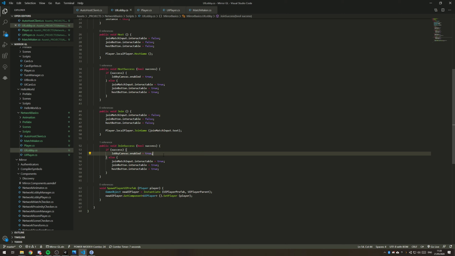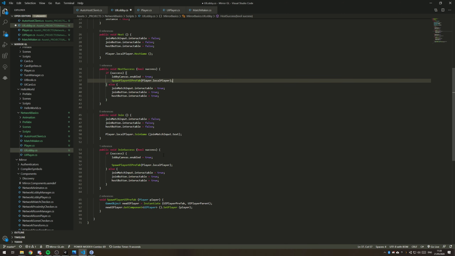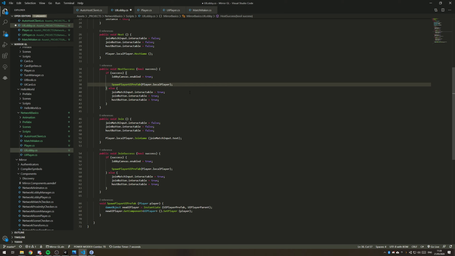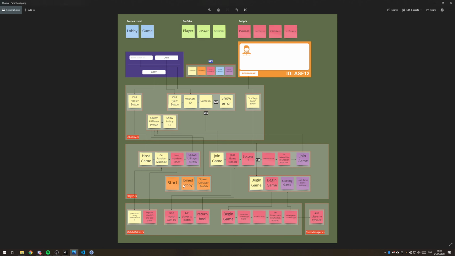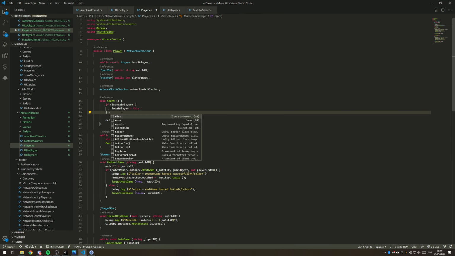Right, so when it joins, let's do the spawn player UI prefab. And we're going to do first of all the local player. So we can use player.local player. Same, we can do that for our host. And then the third one, remember we've got 3 instances of spawning this UI player. So one from the host, one from the game, which we have done, and the last one needs to come from the not local player. So we can do that on start under else,